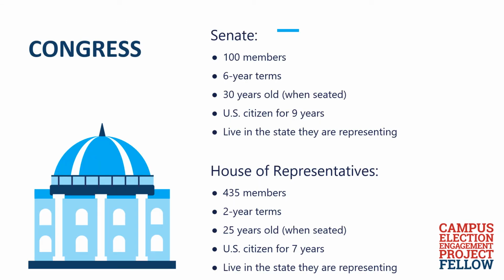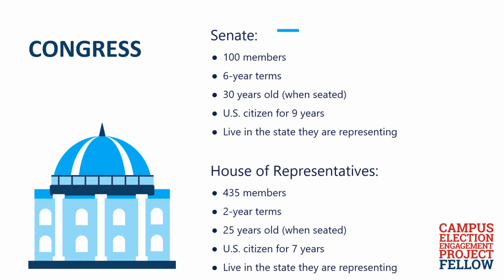Now, shifting our focus from the president and vice president, let's talk about Congress. Congress is responsible for making laws. The legislative arm of our government, Congress is made up of two houses, the Senate and the House of Representatives. The Senate is the upper part of Congress and has 2 senators from each of the 50 states. The House of Representatives, or the House as most people call it, is the lower part of Congress, and the numbers of representatives are determined and awarded to states based on population.